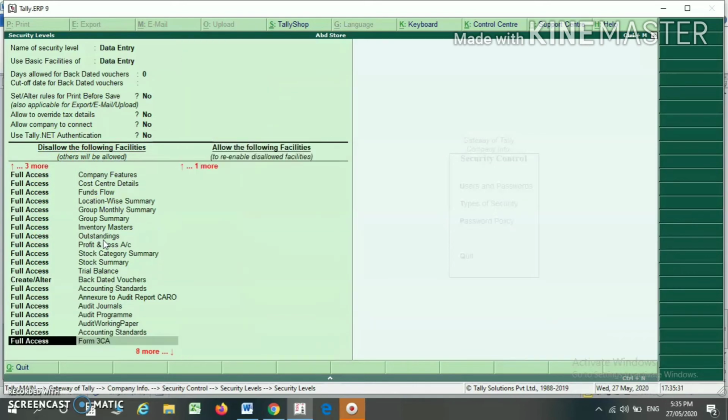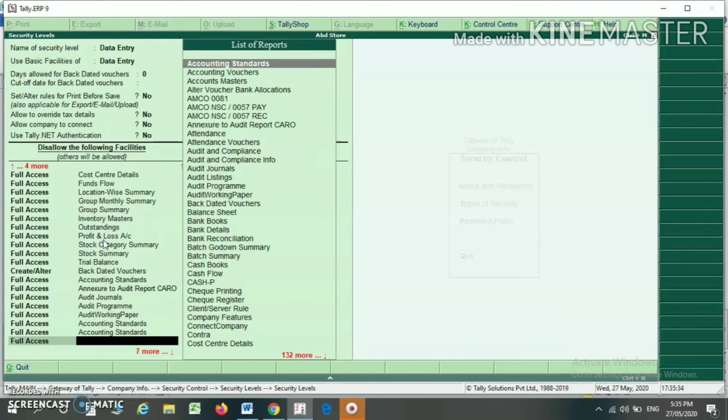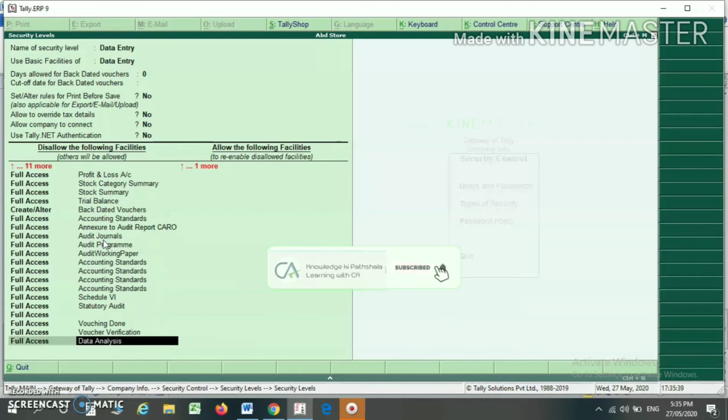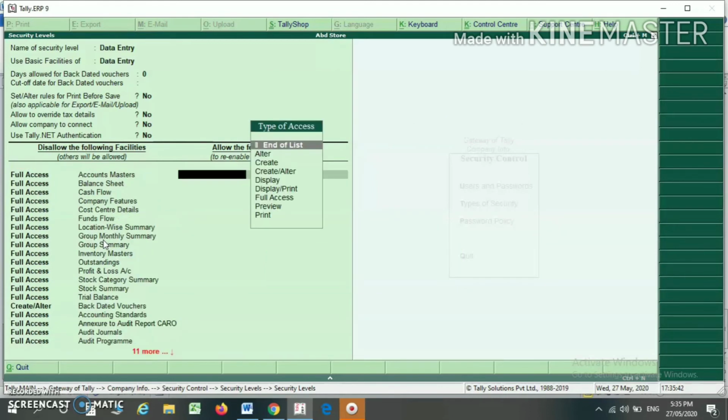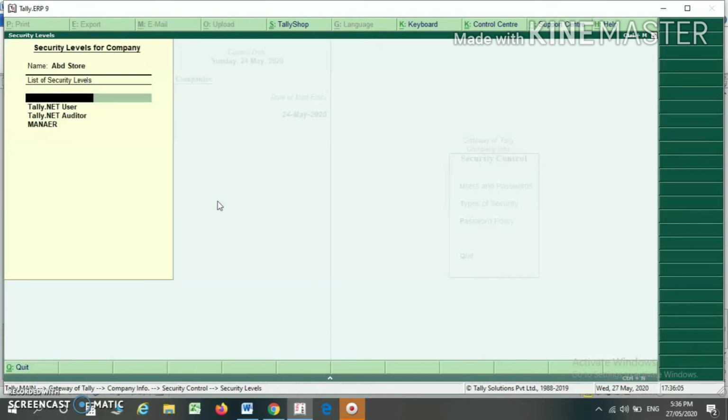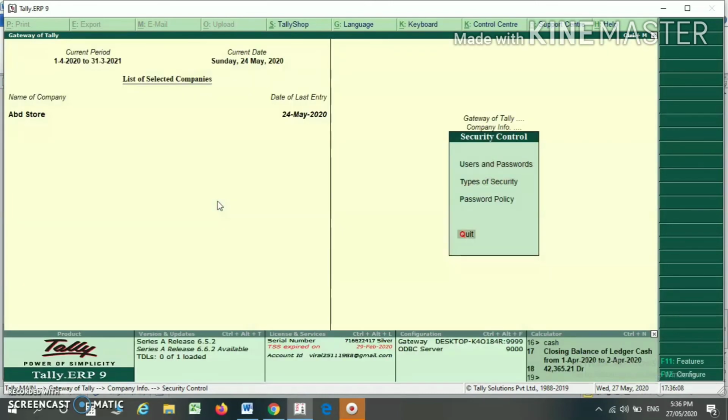Here you will find that many facilities are disallowed to your data entry operator. Here you can allow any facility to your data entry operator. Here allow the following facility. You can allow any disallowed facility by creating the list here. So in this way you can make the security list for your data entry operator.